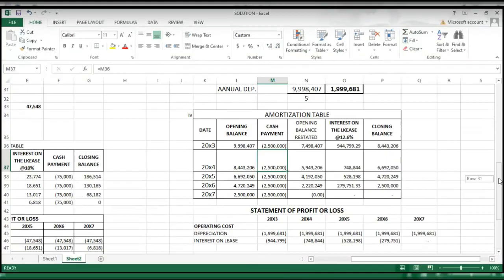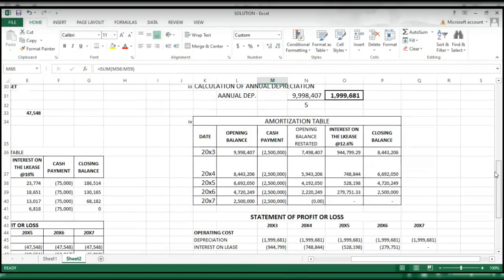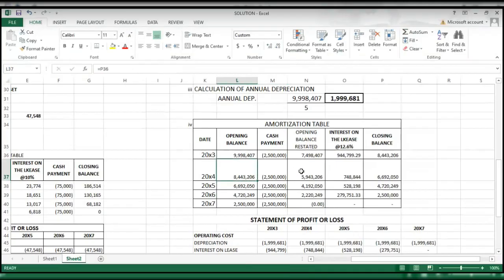So if you go now, the difference why this is not agreeing with the closing balances is that interest now comes on this. So if you had this amount payable plus the interest on it, which is this, that year, we are going to be having,